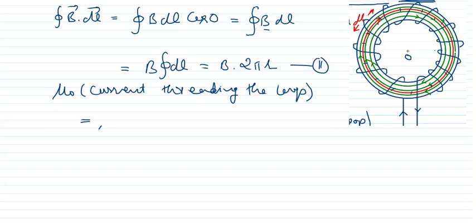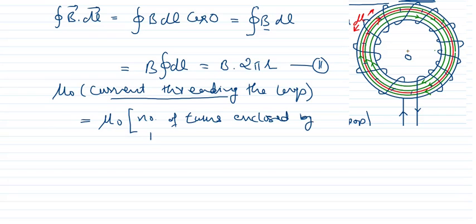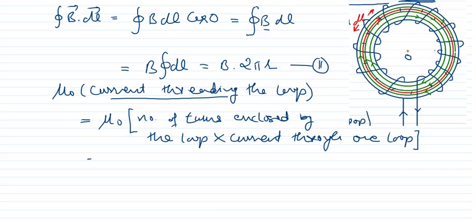Current threading the loop means number of turns enclosed by the loop multiplied by current through one turn. So therefore it will be equal to,